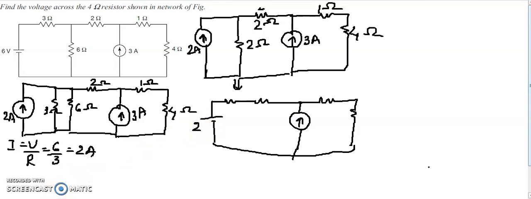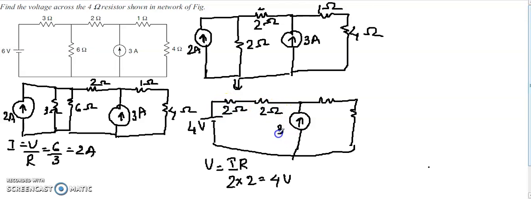So we can find the voltage as V is equal to I into R, that is 2 ampere into 2 ohm, that is equal to 4 volt. Here it is 2 ohm, 3 ampere and 1 ohm, here again 4 ohm. So now we can group these together as 4 ohm. So we can rearrange the circuit as